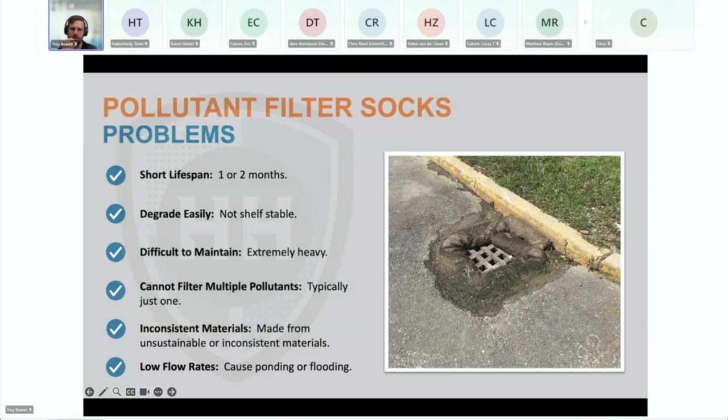It tends to degrade really easily, and then obviously starts to build mold on it, which tends to stink and degrade the sock. Number three, extremely heavy, difficult to deploy and maintain. A lot of the fillers in these socks, especially if you were dealing with something like a compost filter sock or something like that, tends to be wood chips, tends to be very heavy, and difficult to maintain, difficult to